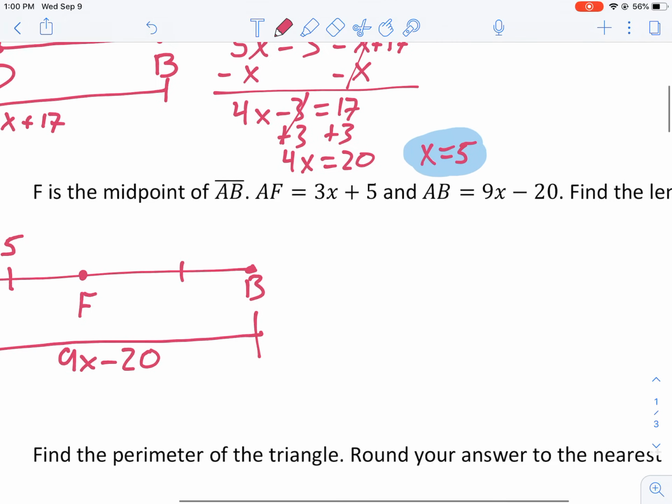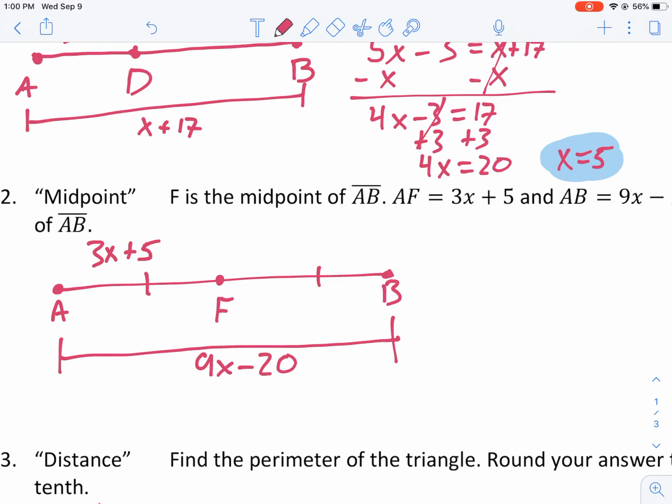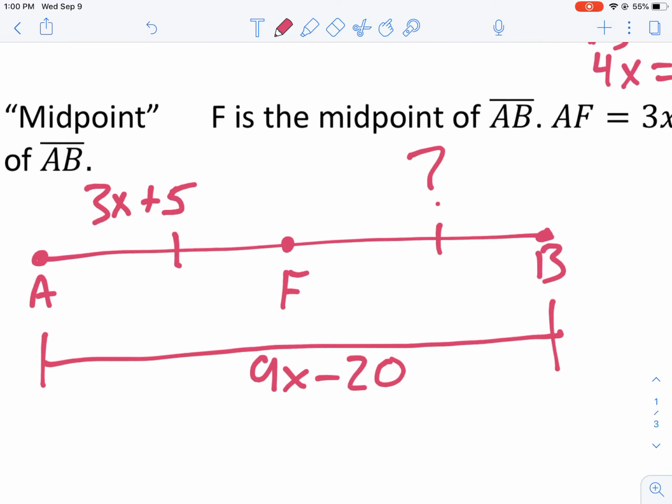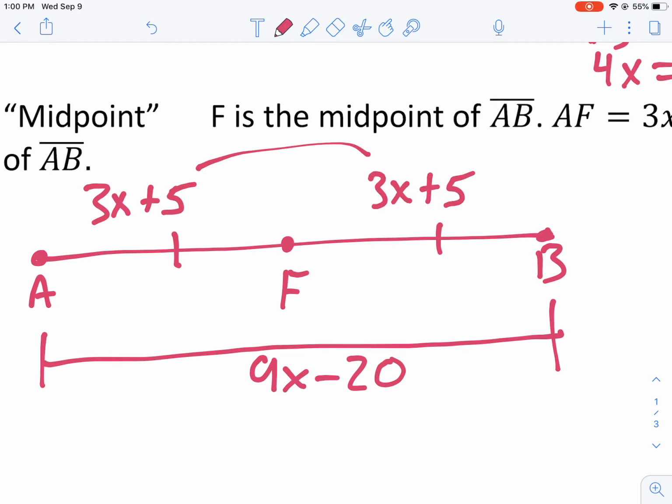Then it says find the length of AB. So, man, they're getting tricky on this review, all right? So what do we do here? Because we don't know what this is, right? Well, not exactly. We do know what that is because we know both sides are the same, right? If AF is 3x plus 5, therefore this must also be 3x plus 5 because we know these sides are